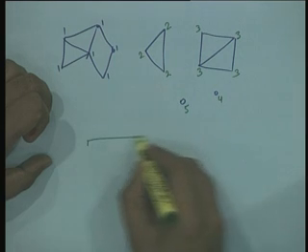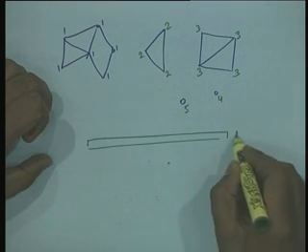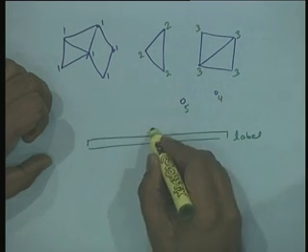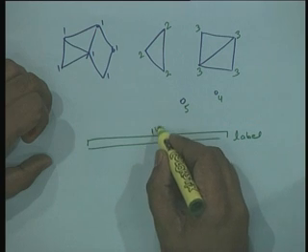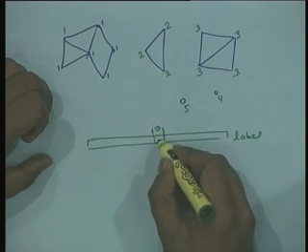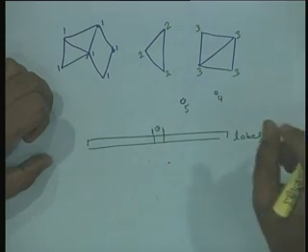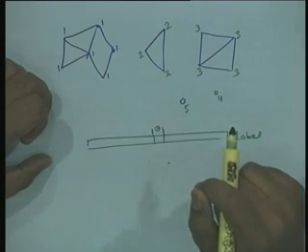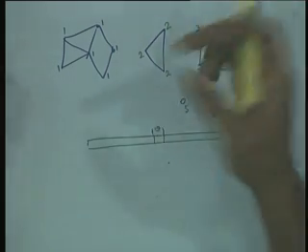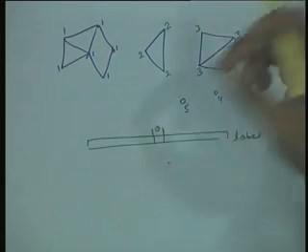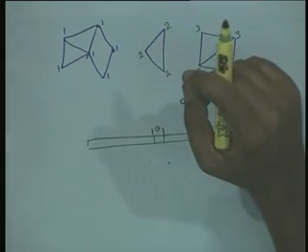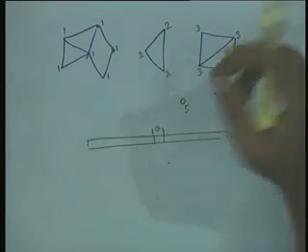So, I will have an array called label, let us say, and for each vertex, this is the index corresponding to vertex v. At this location I should have 1, 2, 3, 4, 5, 6, 7, whatever is the number of connected components, that number should appear here. So, that by looking at this array, given any two vertices, I can just in constant time determine if they are in the same connected component or not. If they have the same label, then they are in the same connected component. If they have different labels, they are in different connected components.